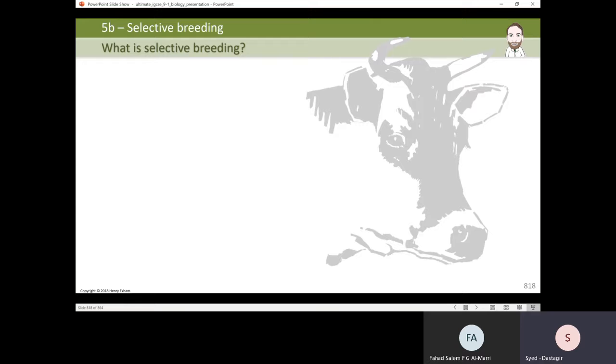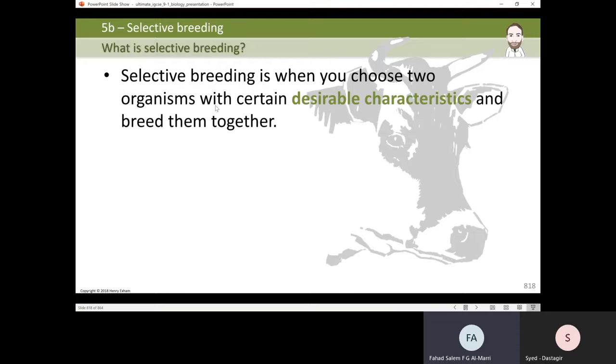Definition, Fahad, please. What do you think it is? I know you know what it is, but how would you define it in a sentence? It is when you take two animals and breed them together. That's it? When you choose two animals with the best characteristics that you want and breed them together to get the best